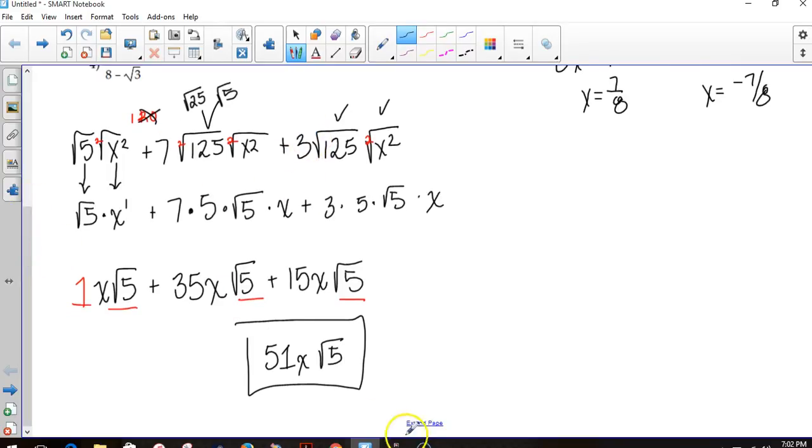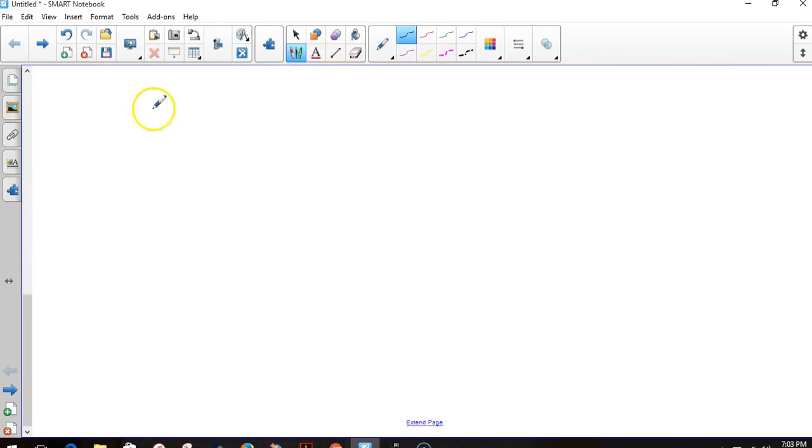And I'm going to scroll down a little bit and make some more space. 2 over 8 minus the square root of 3. When you're rationalizing a denominator, that means just get all of the radicals out of the denominator. And when it's a binomial, what you'll have to do is multiply by the conjugate. And so the conjugate here will be 8 plus a radical 3, and we'll do that in both the numerator